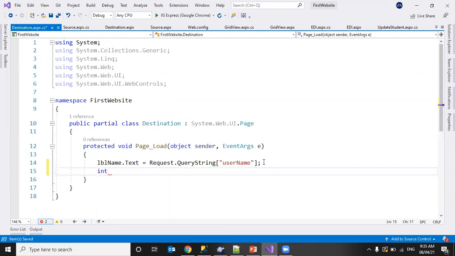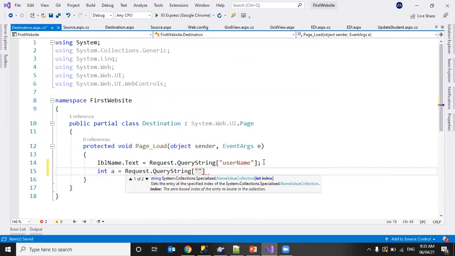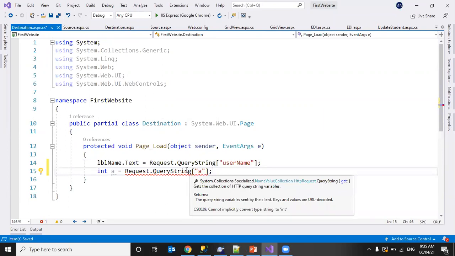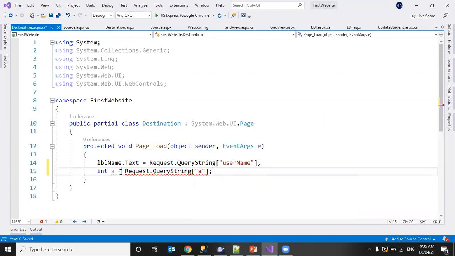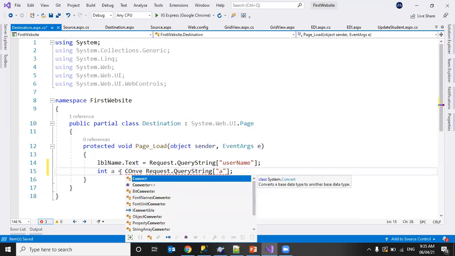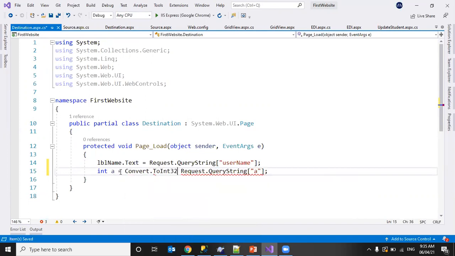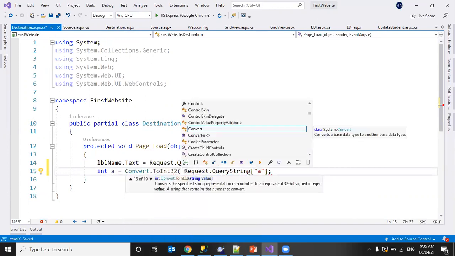Let me take two integers. First, int a equal to Request.QueryString of, what is my other key name? A. I took it as integer, but it is a string, so I have to convert it: Convert.ToInt32.